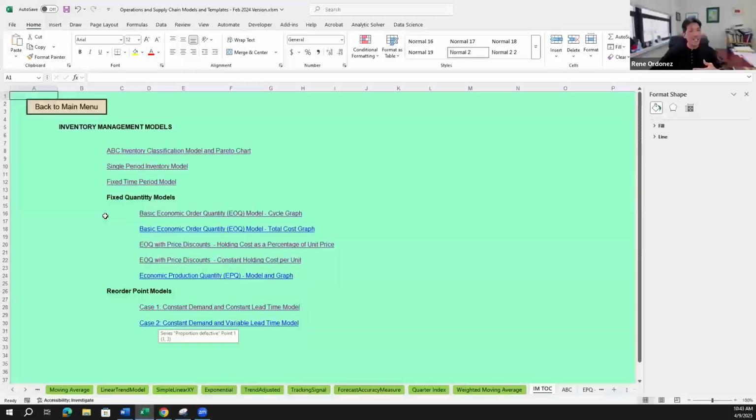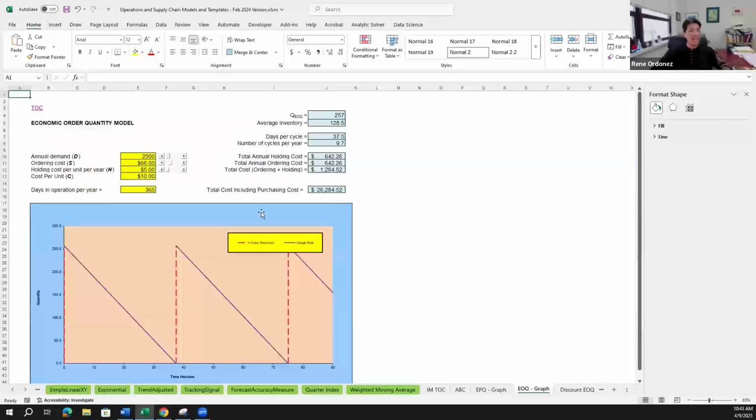Sure. Let's take a look at the fixed quantity models, because these models have graphs that accompany each model. So let's just take a look at the basic EOQ model and the cycle graph. The basic input for the basic EOQ model, as reflected here, is the annual demand, ordering cost, holding cost per unit per year, and cost per unit. So by changing these